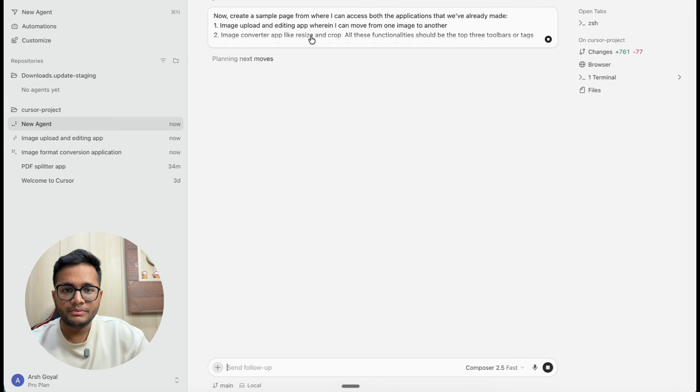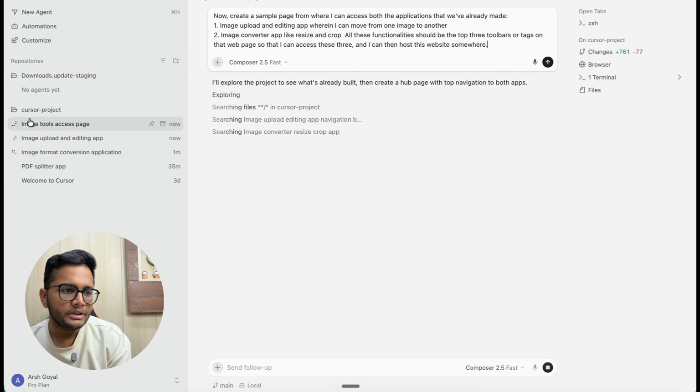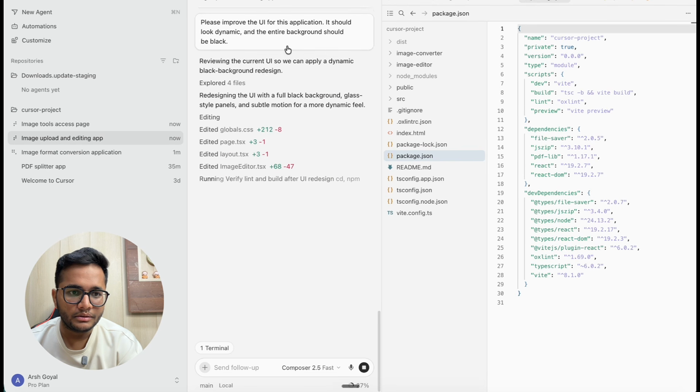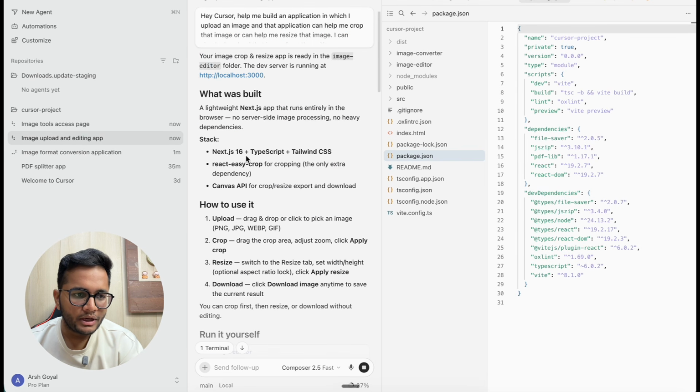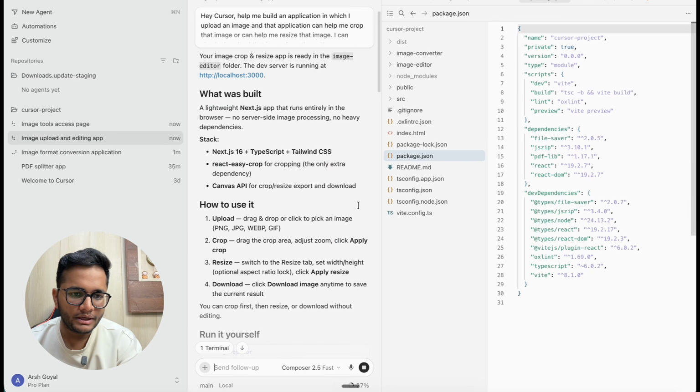So I've given this prompt, and it's again given me first, second there. So now all three agents are running parallelly. It is building an application. It is improving the UI of the application. It is the image format conversion application that's taking place. Let's see what is the kind of